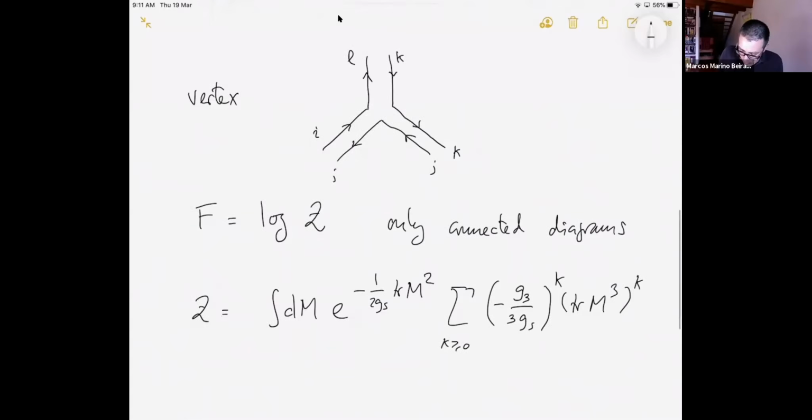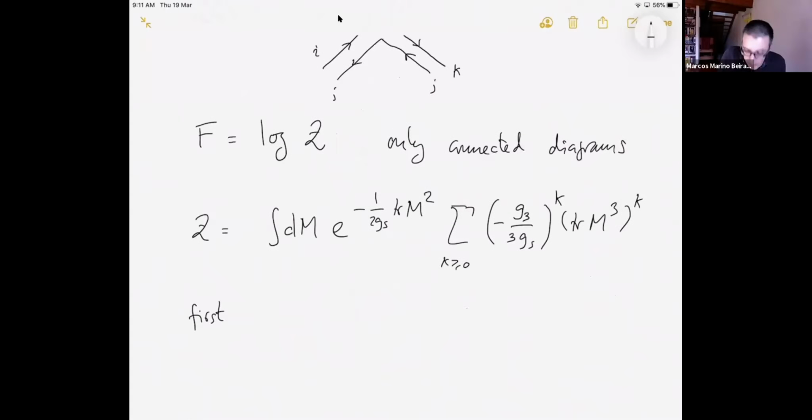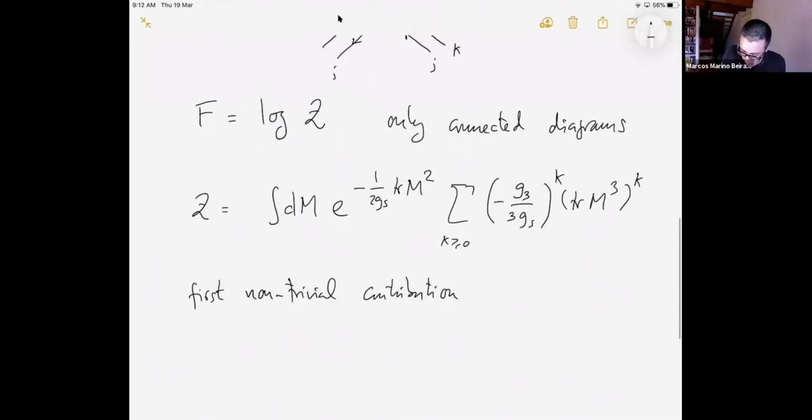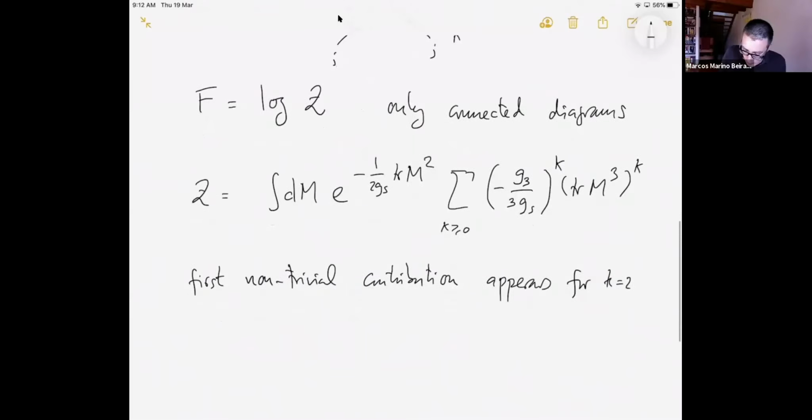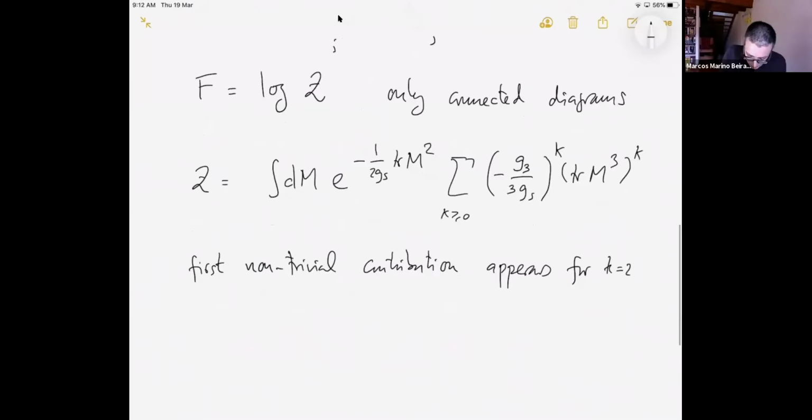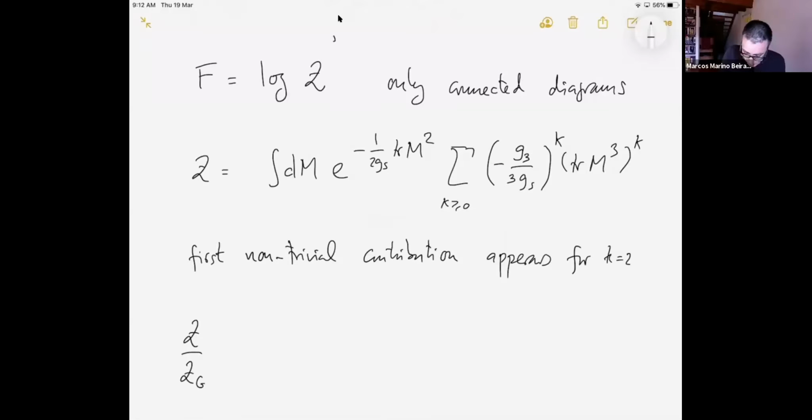And the first non-trivial contribution, so this is a summary of what we did before, but I guess some of you were not in the classroom last time for good reasons, so let me summarize then continue my summary. So the first non-trivial contribution appears for k equal 2. Actually, another way of writing this Z, if you normalize by the Gaussian partition function,